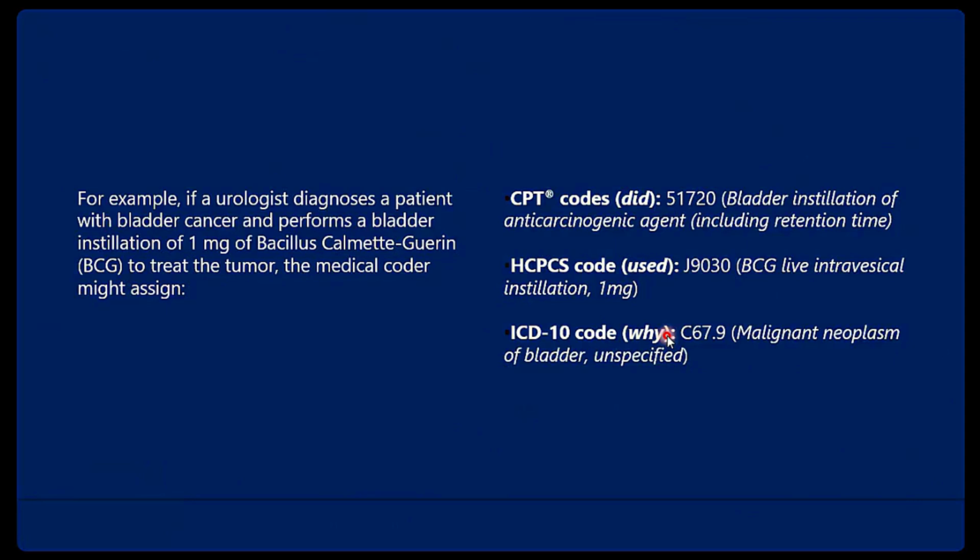So that is J9030. It is an alphanumerical code, you can see it is an alphanumerical code. Then we have the tumor, the bladder cancer. So why he did it, why he performed it, why he used it, everything is explained using ICD-10-CM code. That is because of bladder cancer. So for that bladder cancer we have an alphanumerical code again,